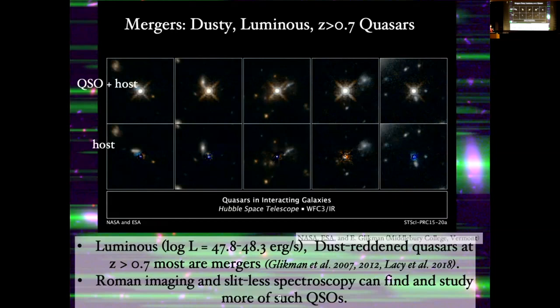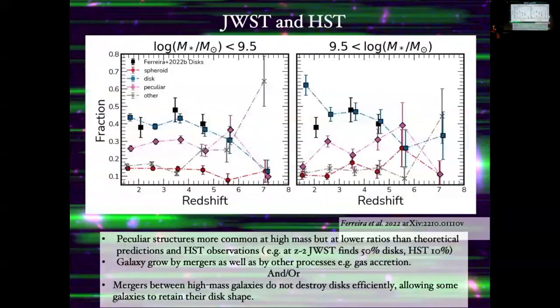And so, as we've heard this morning, one of the things that Roman will do for you is provide a large statistical sample of obscured quasars, and not only with the imaging, so that you can look at morphologies, but I'm also very excited about the slitless spectroscopy opportunities, which will allow you to get redshifts and maybe make some physical measurements of the properties of the gas and the host. So not only is the future bright for obscured AGN at high redshift for luminous, big sources,